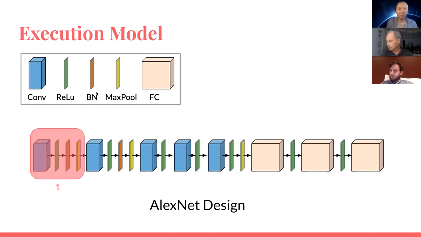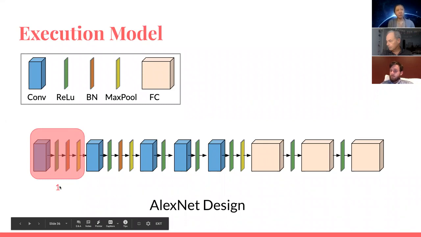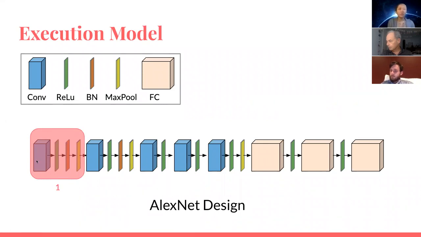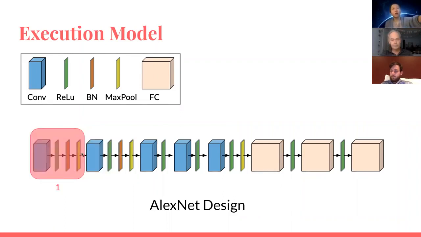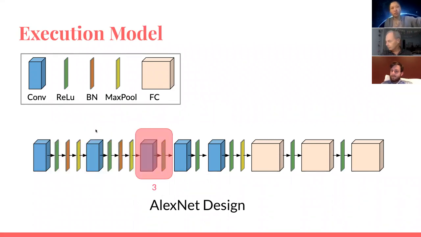How we map this AlexNet design is that we partition the AlexNet design graph. First we see, based on the number of convolutions and FCs that you need to include in each subgraph. In this case, the first subgraph will include all of them. So we'll need to pass the input to the conv, then to ReLU, to batch norm, and then to the pooling layer. Likewise for the second subgraph. Once this is executed, we will store the output back to the DRAM. Then for the next layer, we again load the data from the DRAM onto this accelerator, and then output it to the DRAM. And likewise, for the third subgraph we see that we need to skip